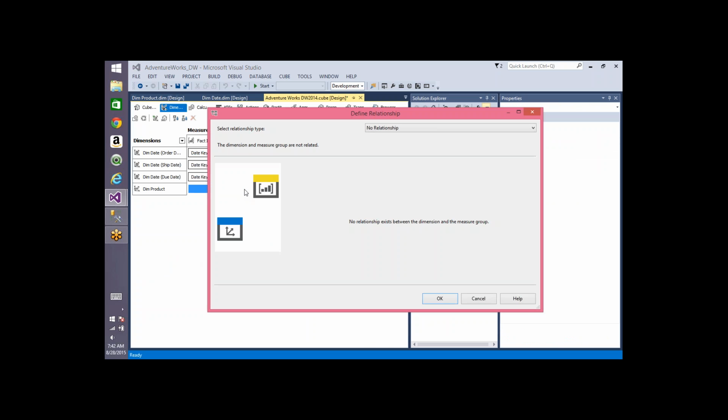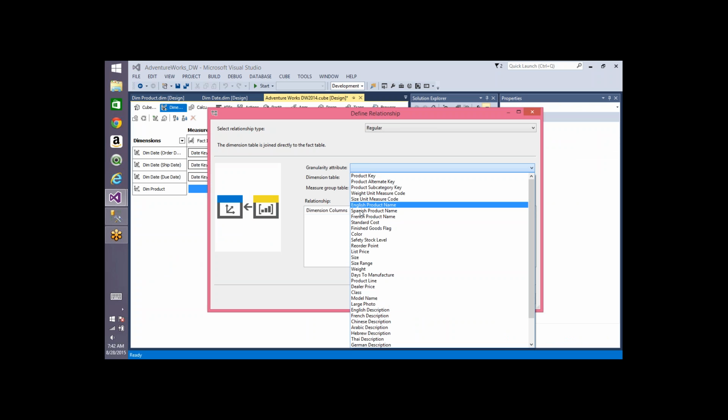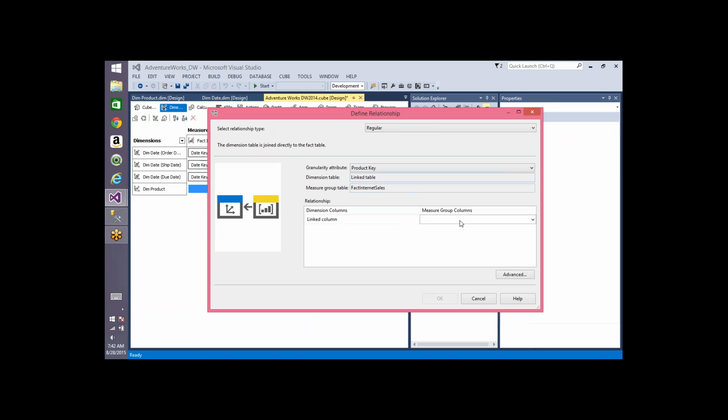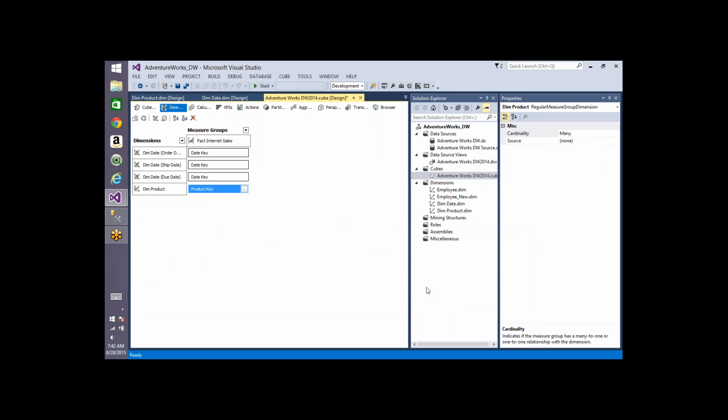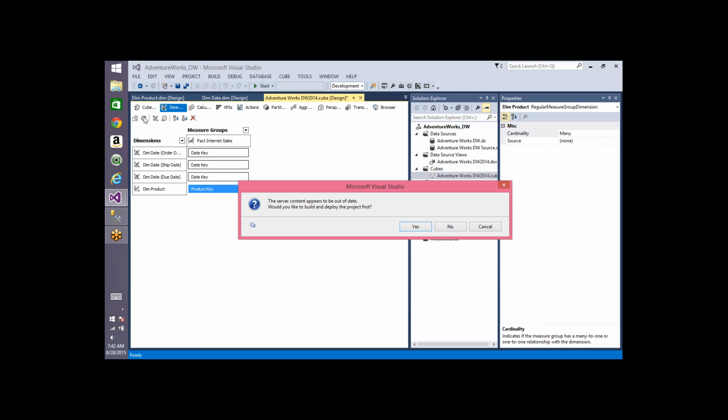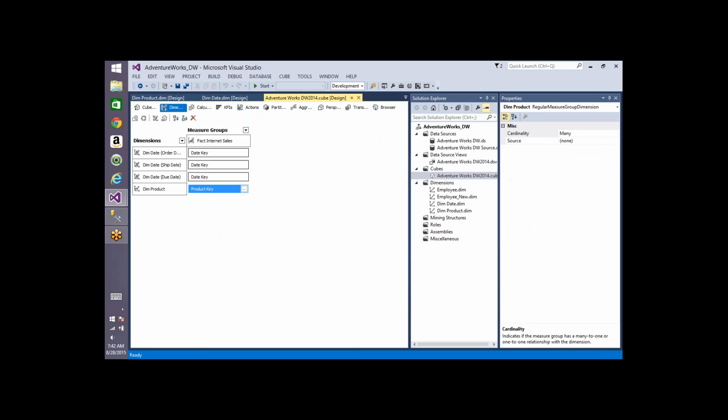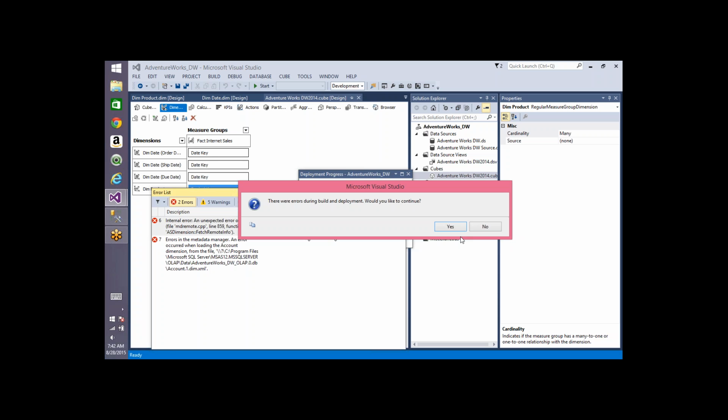If I go to the relationship, product key and product key, that's it, done. Now we're gonna encounter a couple of issues. Let's see one by one, and let's try to solve one by one. So I added the link dimension, and I used it in my cube, and I've given the relationship. And if I process it, the first error is